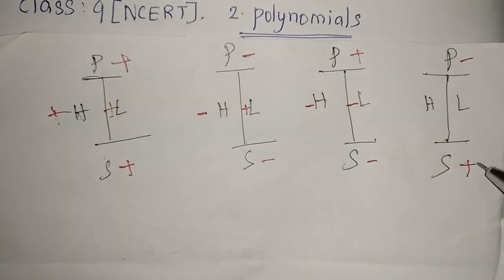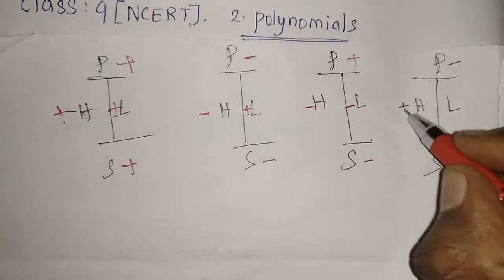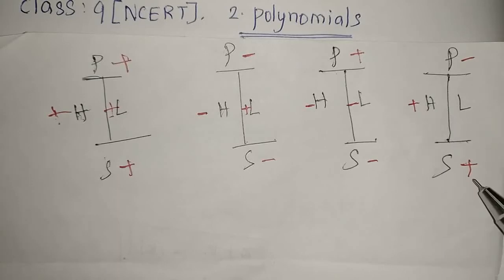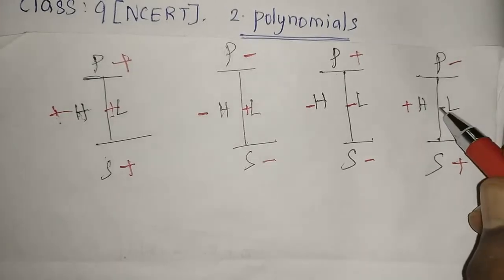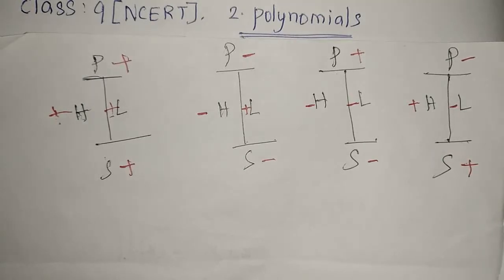Now here the sum value is positive and the product value is negative. I'm giving the highest value positive, because the highest value's symbol is what we get when we add. But we need the product negative now, so that I'm giving. See, plus into minus is minus, and the adding value gives the positive symbol. That's it. So these 4 types only I'm going to use here. If you know this very well, the sums are very easy.